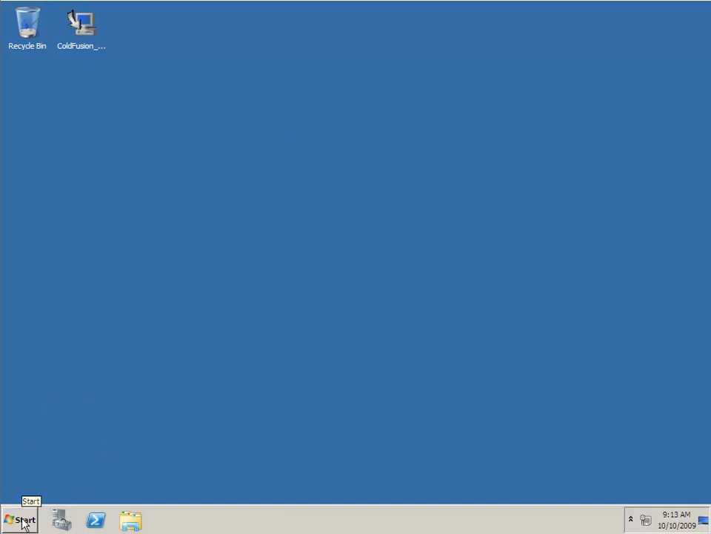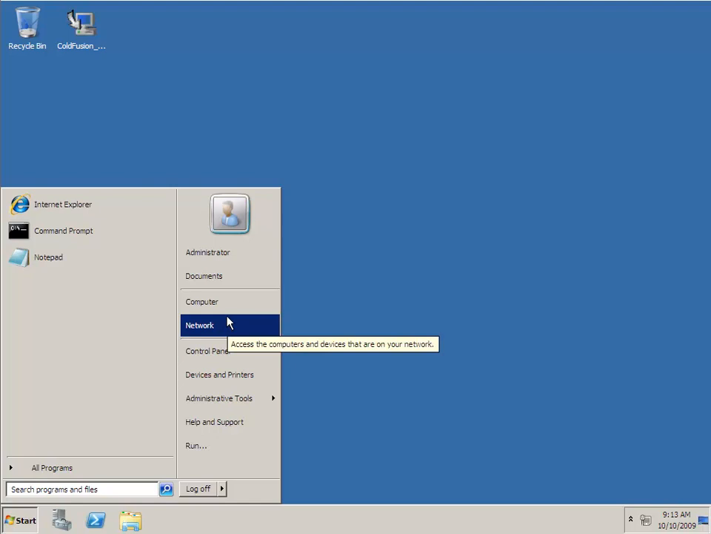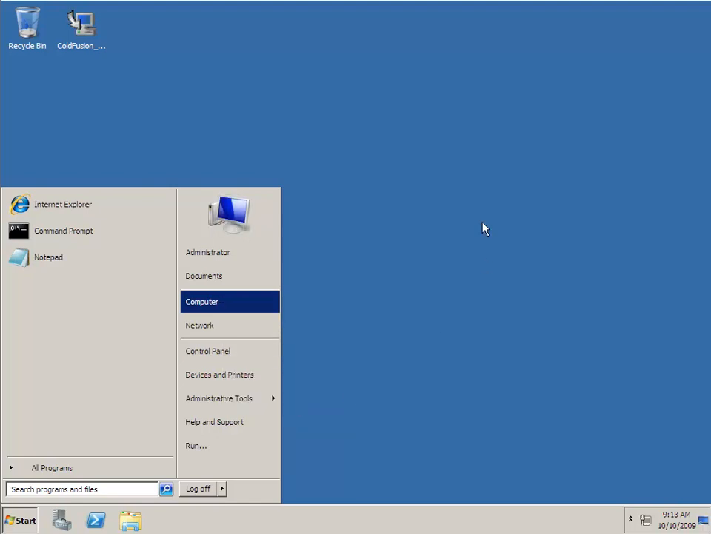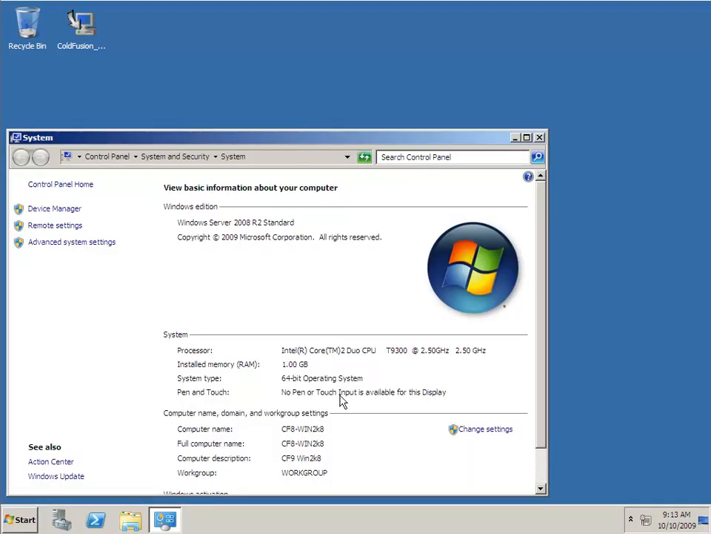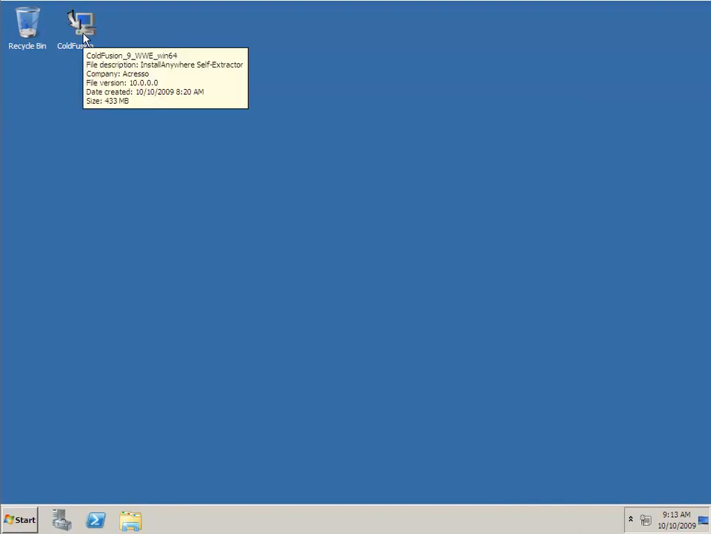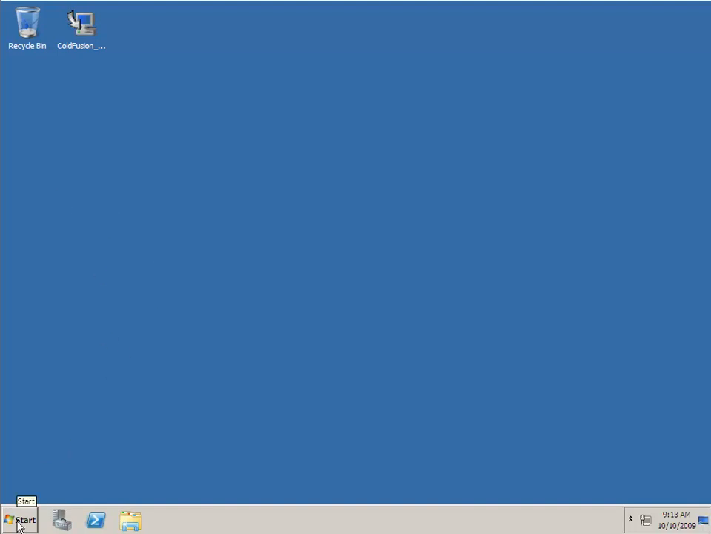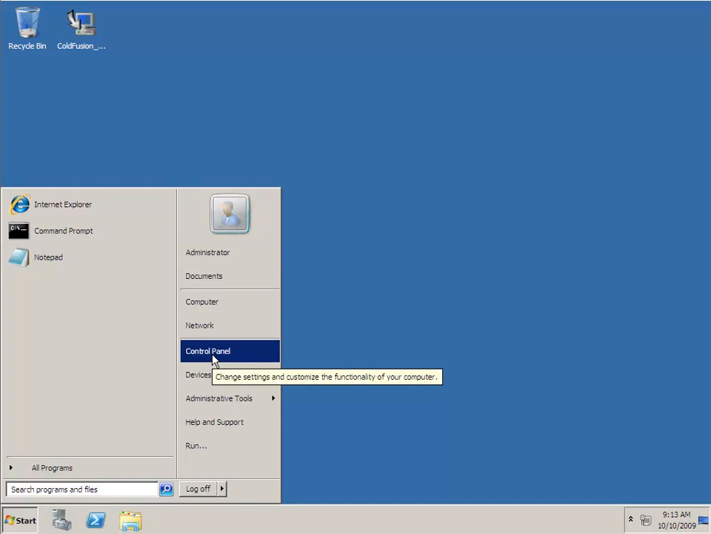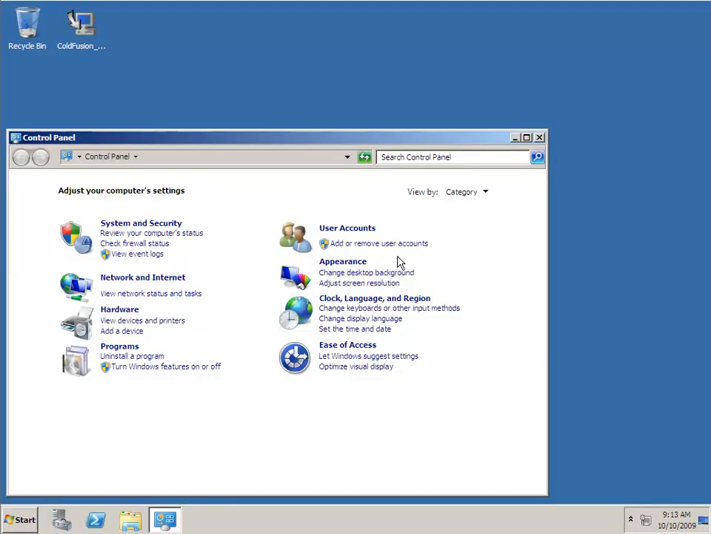Just to show that I am running 64-bit, we'll have a look at the properties. And we can see I'm running a 64-bit operating system. I've downloaded ColdFusion 9 64-bit, and this is a brand new install of Windows Server 2008 with nothing extra added. So the first thing to do is install IIS 7. So Control Panel, turn Windows features on or off,